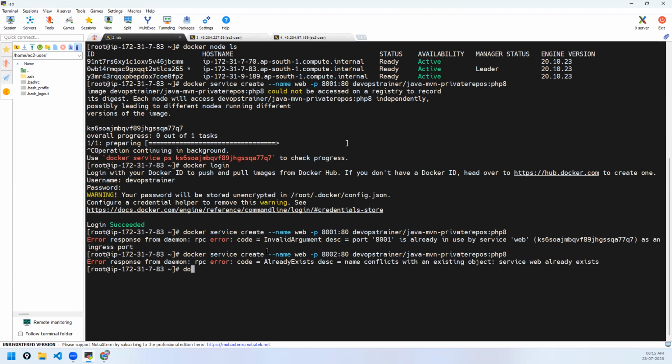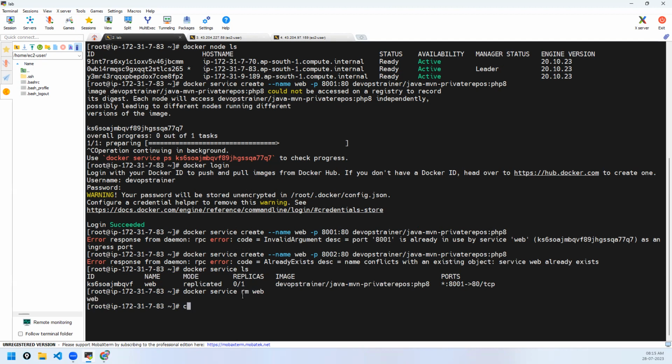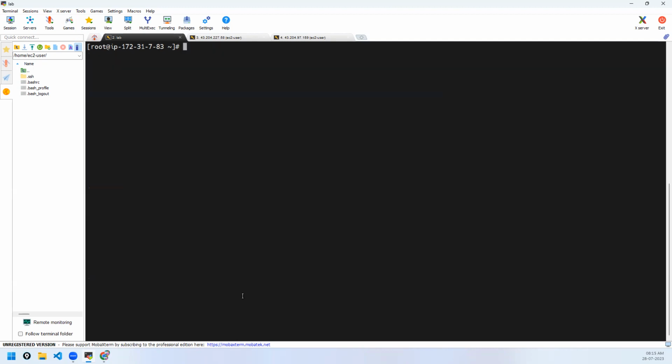Already exists. So the service is created actually. Let me show you. See, Docker service ls. See, it could not start. Here you see 0 by 1 replicas. It could not start successfully, but the service is started. Let me remove it, or you can put another name. Docker service rm, the service name is web. Okay, gone. Now let me try